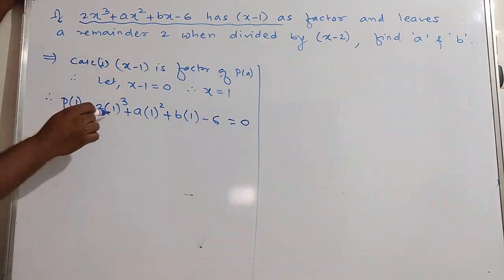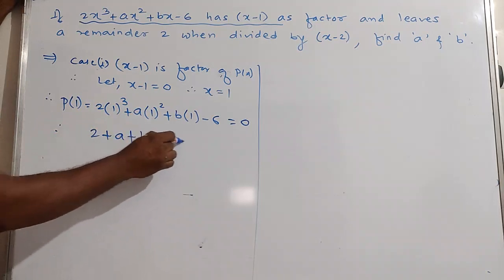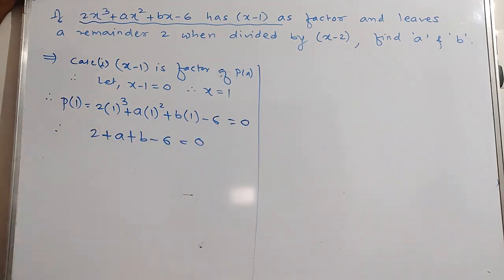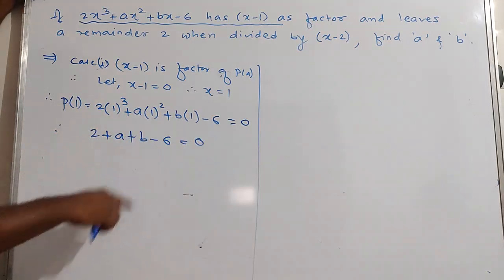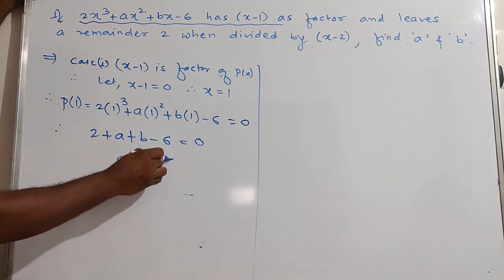Okay, 1 cube is 1, so 2 into 1 is 2, a into 1 is a, plus b minus 6 is equal to 0. 2 minus 6 is minus 4,